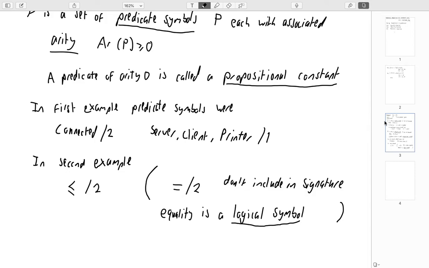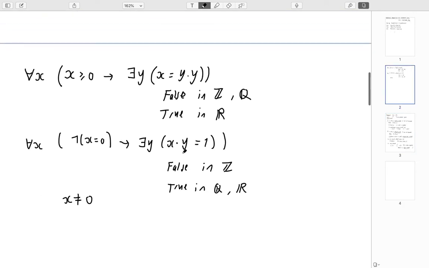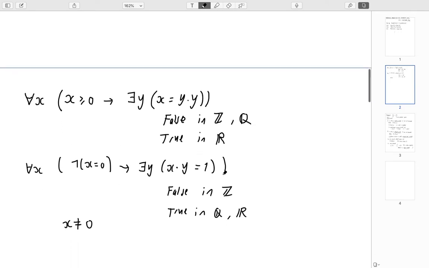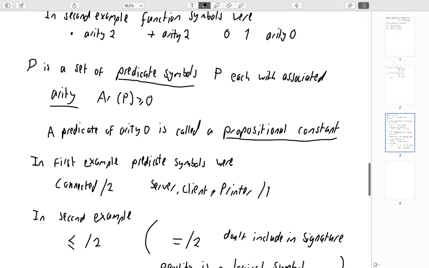So for example, if we go back to the numbers, x times y and y times y, that's a complex expression. It's not just a variable, it's built up by applying an operation to variables. It is not a formula because it actually stands for an element of the universe of discourse, in this case a number. Also 0 and 1 are not variables, but they also stand for numbers. They're not propositions, so they don't count as formulas. So our rules for terms,